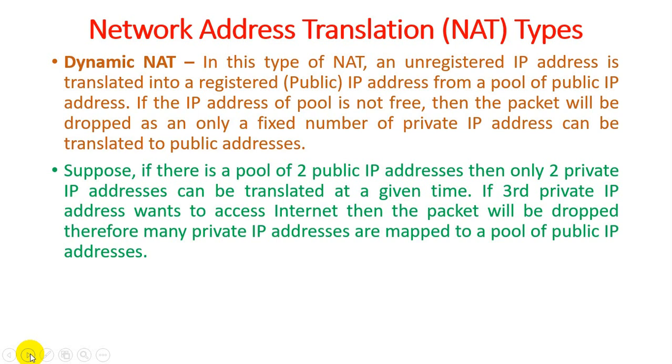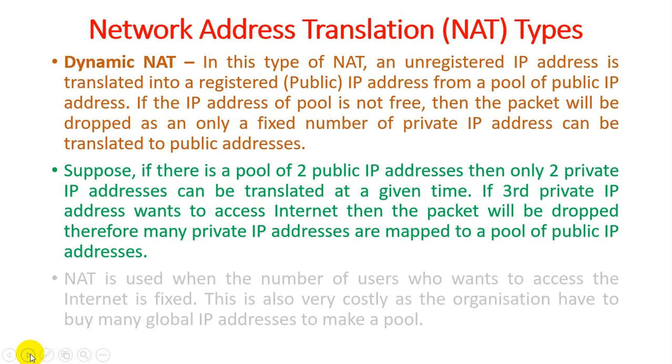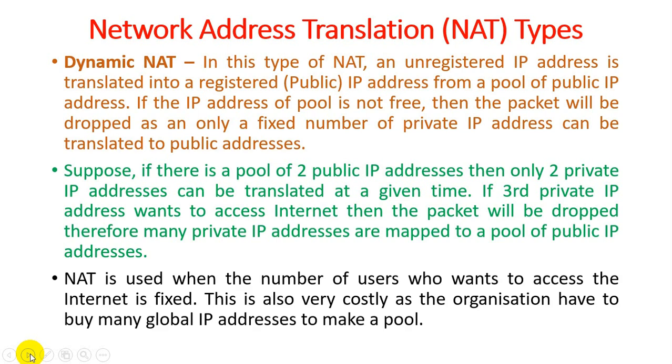Through this, the NAT table remains accessible, and many private IP addresses can access through only 2 public addresses. Like we said, in an organization there are 3000 systems, and all of them can be connected over particular time periods, accessing the outside network with two globally registered public IP addresses. So it is known as dynamic NAT. It is used when a number of users want to access the internet within a fixed time limit, and in that particular time they are accessing the internet.